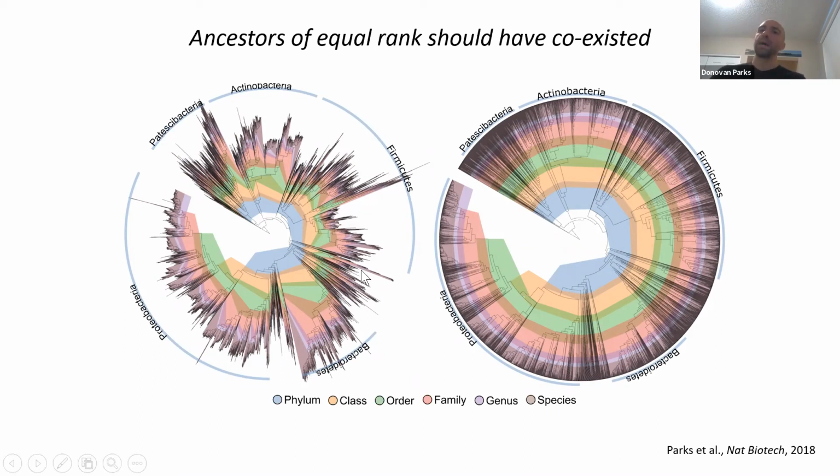So if we imagine we can do that transformation, then we get an ultrametric tree where every internal node now actually has a date of when it existed in the past. And then it's very natural to say, well, all families should have coexisted in the past. And that's what's shown by these different rings. So the first ring here is saying this is the interval in which we believe all species should be defined. This is the interval in which we believe all genera should be defined,